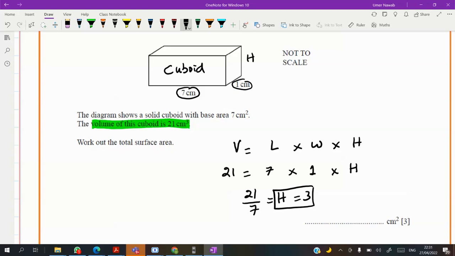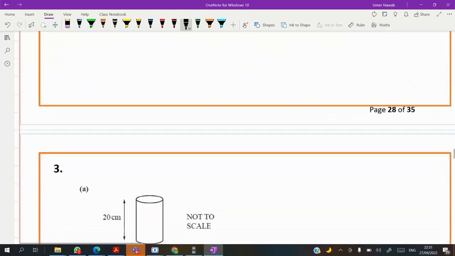Now we want to find the total surface area. As I told you, you need to take the 3 faces. Number one, 7 times 1, then plus 1 times the h we found, 1 times 3, then 3 times 7. After finding the 3 faces, now times 2, and you will get the total surface area. Next,